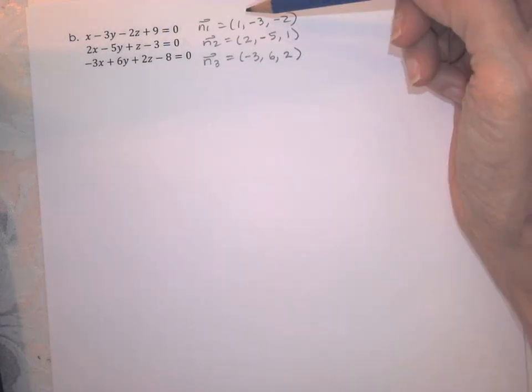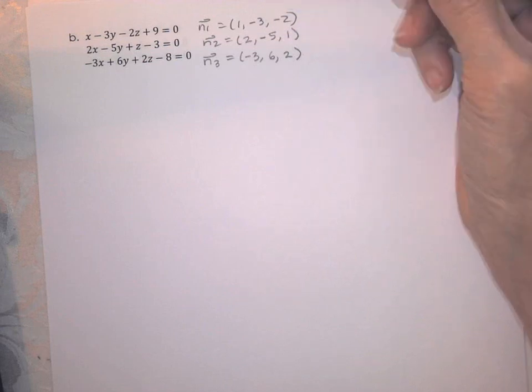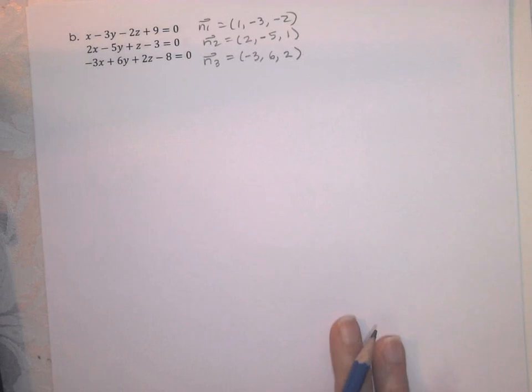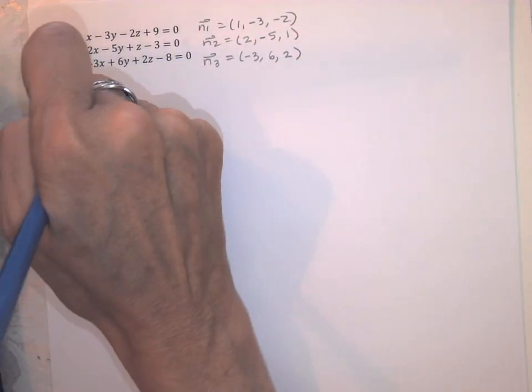Looking for scalar multiples, so these ones aren't. These ones aren't. No, so there aren't any scalar multiples. So now we're going to check n1